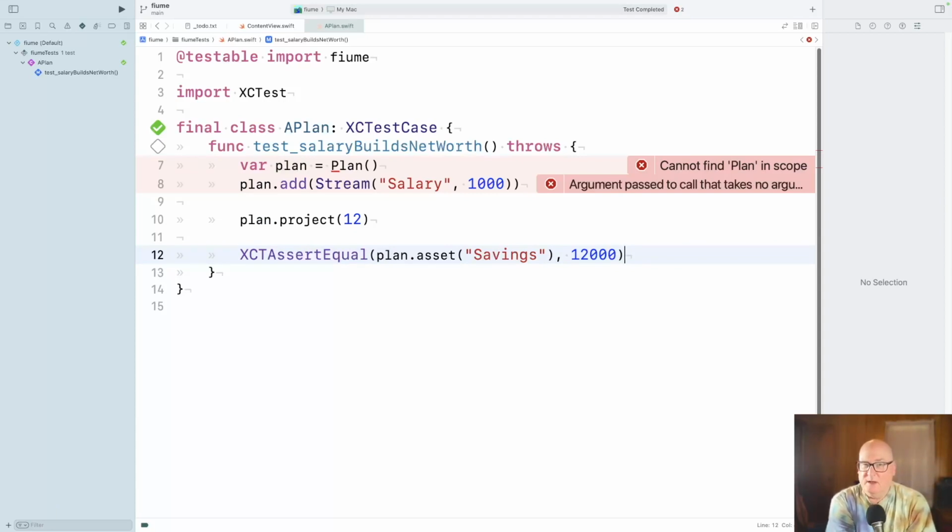So I'm sort of implicitly assuming there's a savings asset. Well, it's got to go somewhere, right? And we haven't set up any expenses. So I'm just sort of assuming there's always a savings asset. That might be a bad assumption, but you've got to have something.